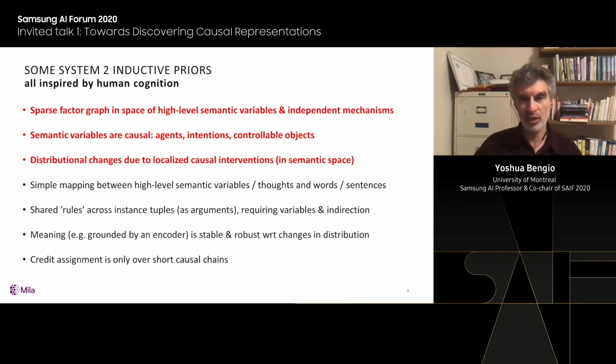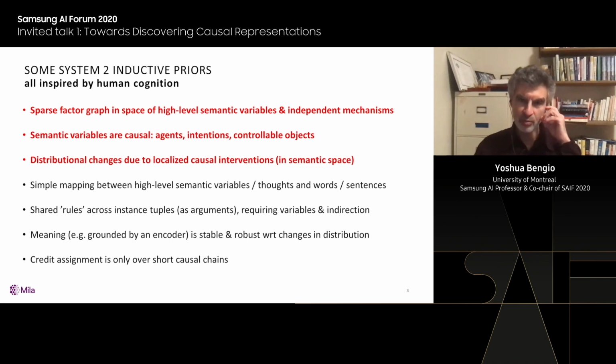Agents, that could be the subjects, intentions and actions, which correspond to verbs, objects, which can be controlled. That often has to do with people or other agents doing things in the world and causing effects due to these actions. And one of the most exciting aspects of this point of view, so this is the third bullet,